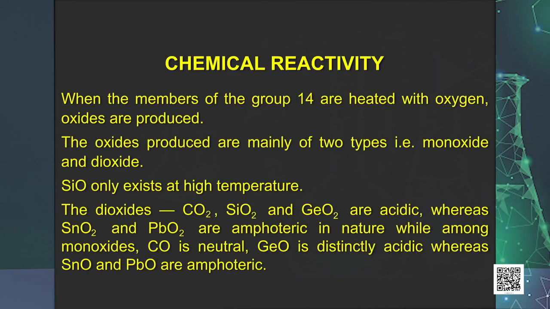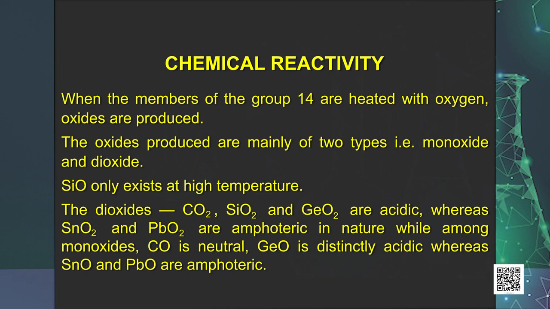It is known that oxides in higher oxidation states of elements are generally more acidic than those in the lower oxidation states. The dioxides CO2, SiO2 and GeO2 are acidic, whereas SnO2 and PbO2 are amphoteric in nature, while among